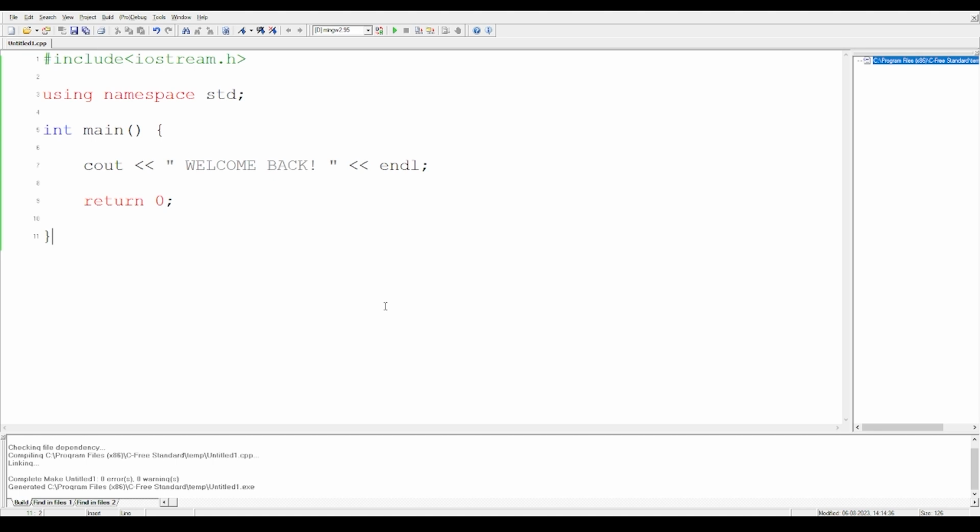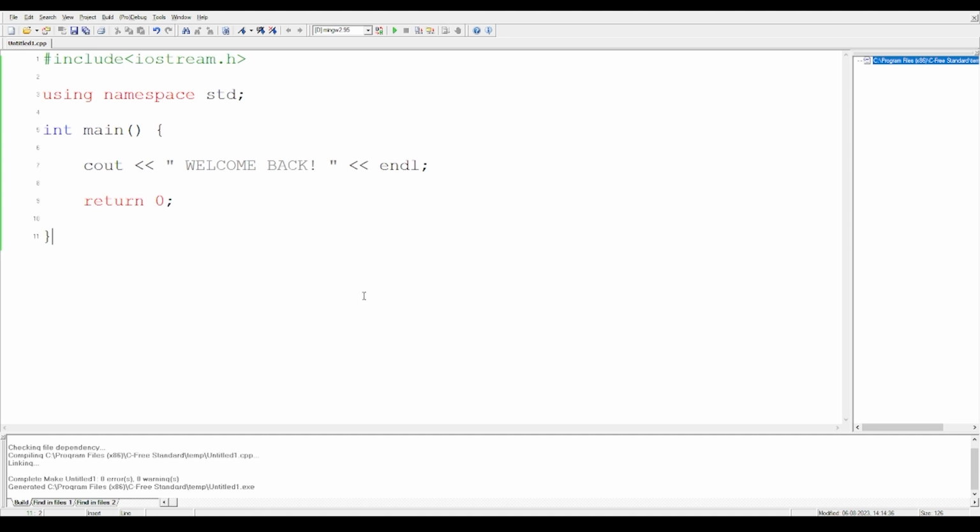Similarly, a compiler works in such a way that its job is to find errors or mistakes in a program. So what the compiler does is it will compile your code. That means it will check for errors, bugs, or anything like that. And it will show you the errors or any warnings.